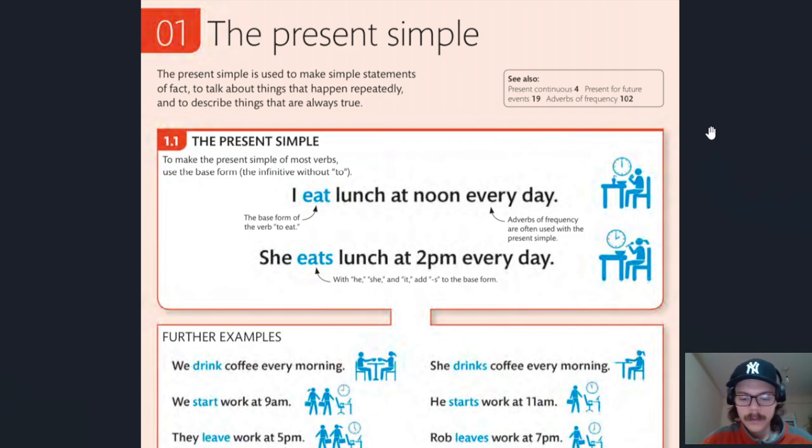Today we are going to be trying something new. We're going to be reviewing some verb tenses, specifically the present simple. Now, the present simple, as indicated by the title, is simple, it's easy. The thing is, it is very important. I would say it's one of the more crucial verb tenses that you need to know because based on some of the rules that you learn here, you'll find it easier to learn some of the other verb tenses that